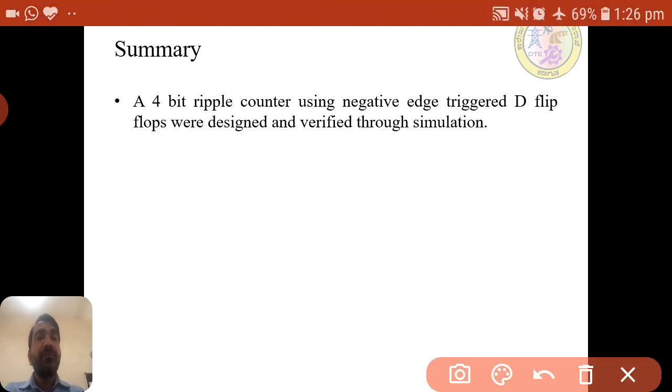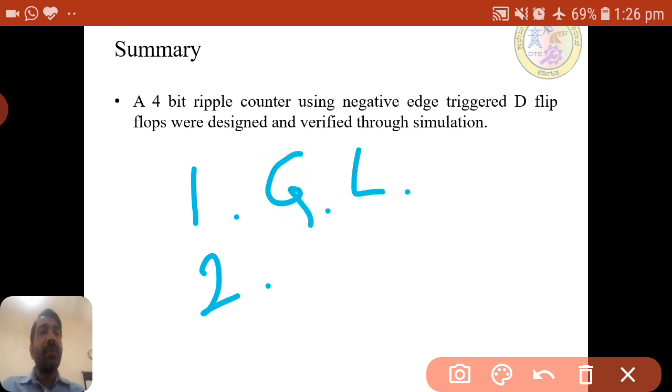Now if you see the summary of module 3, in module 3 we have two chapters. One we call gate level modeling, and the other is data flow modeling.